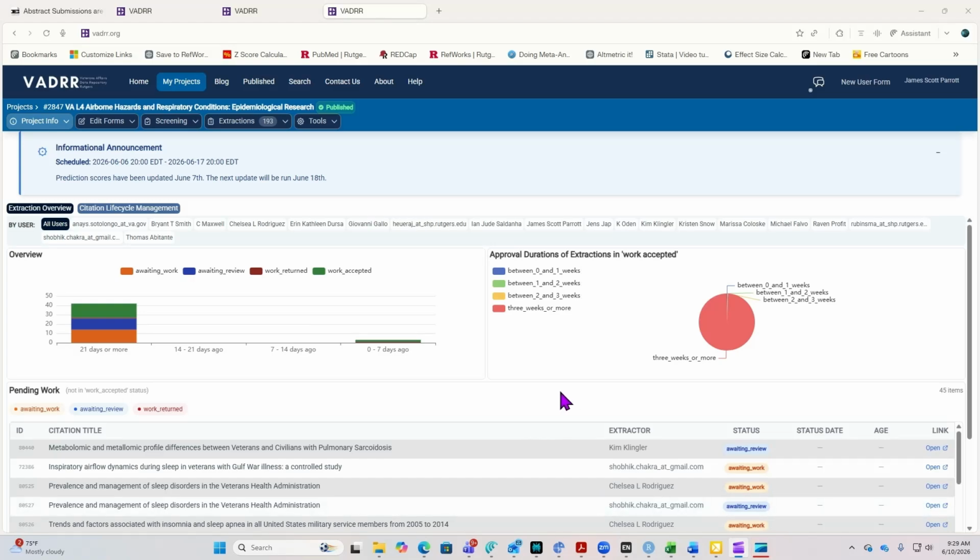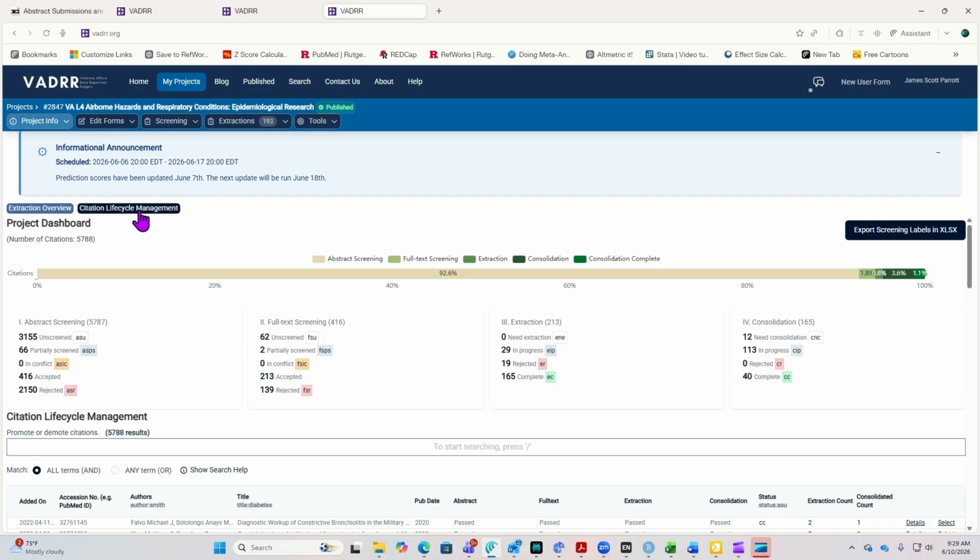Now, if you're a project leader, a very important tool in the VADRR platform is your citation lifecycle management tool. When you first click in, you're taken to the extraction overview page, but if you click on citation lifecycle management, it's going to take you to this page. Now, what you'll see here is the current status of every citation that you have